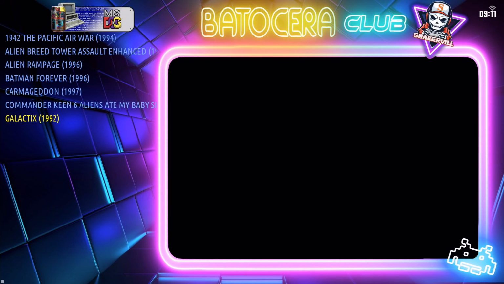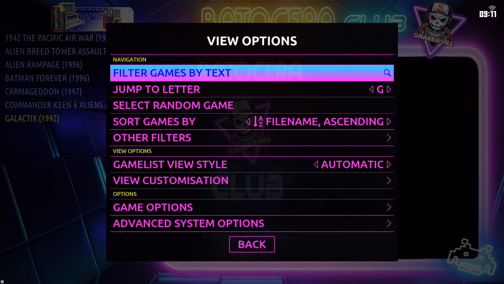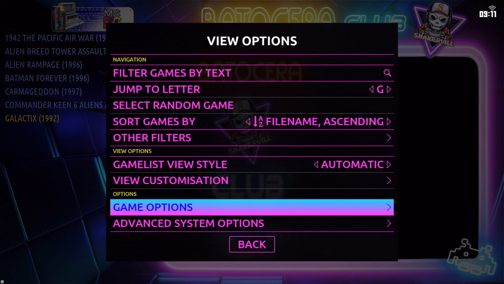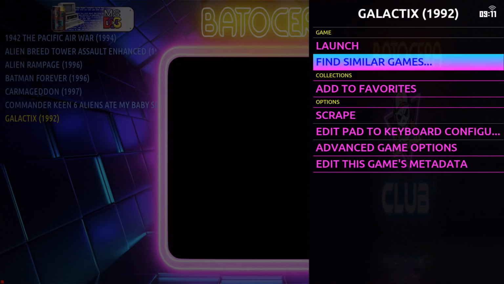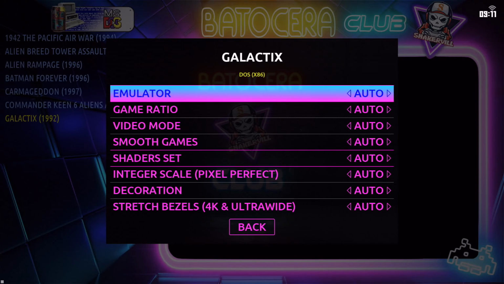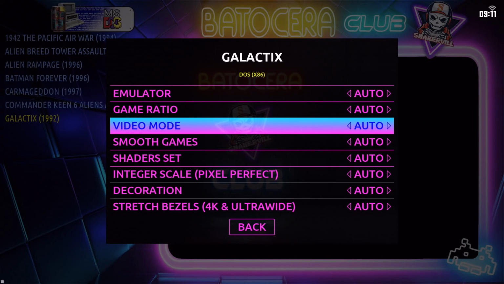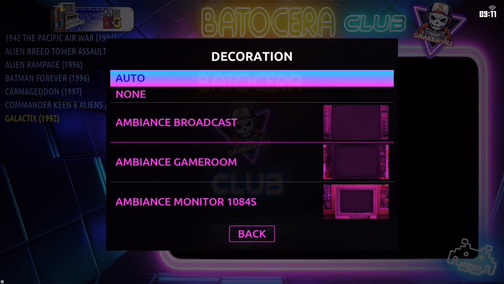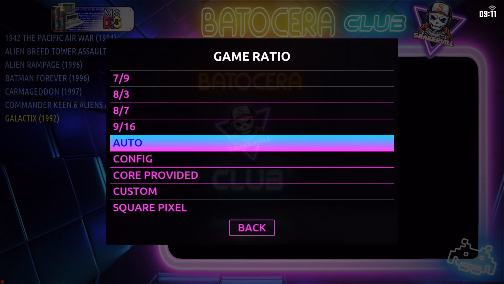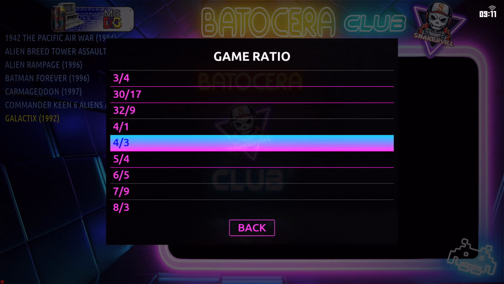One other thing I want to show you, let's say you don't want to use those bezels, okay, on a particular game within the DOS. All right, so let's go ahead and go back to select or the backspace, the back button on the gamepad, go into game options, go into advanced game options, and then game, let's see, let's get rid of the decorations first. That controls the bezels, so we'll put none. And then we go into ratio. Let's say we want to have full screen,